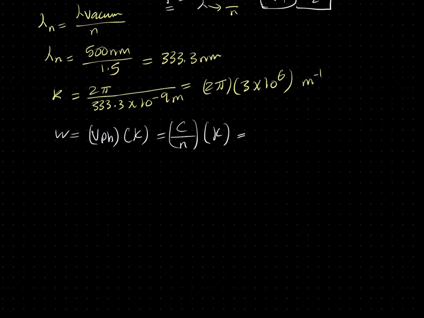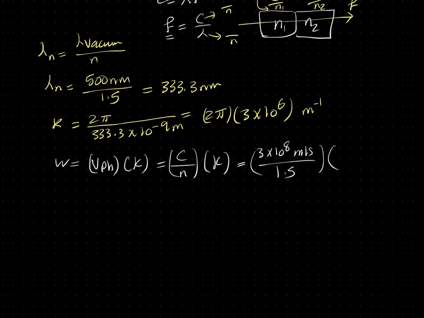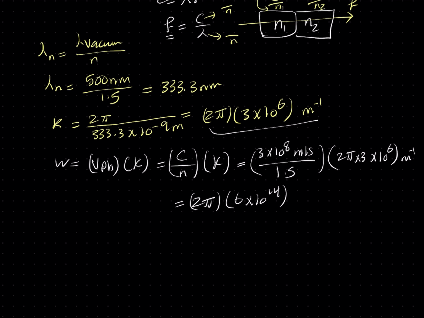So we're going to have 3 times 10 to the power 8 meters per second, divided by 1.5, multiplied by this k here, 2 pi times 3 times 10 to the power 6 meters to the power minus 1. I like to keep everything in terms of 2 pi, and this will give us 6 times 10 to the power 14 radians per second, which is the same value we got